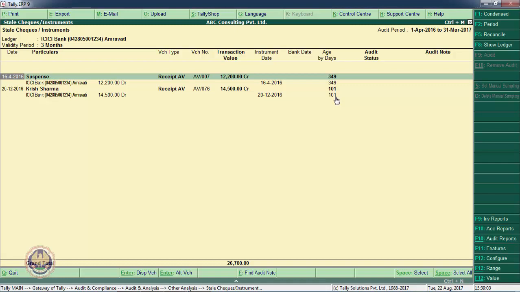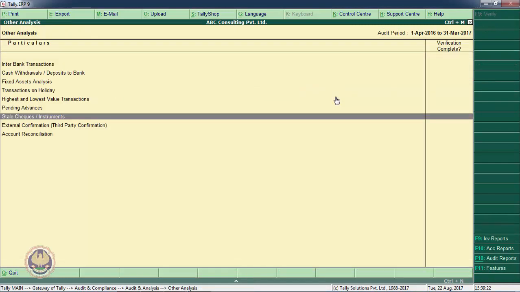After a period of 3 months, after 90 days, every transaction, every cheque or every instrument will become stale. It is useless. So these are the deposit transactions which are not recorded in the bank, but we have recorded them and are yet to reconcile them. So these are the stale cheques or instruments.